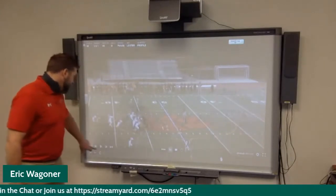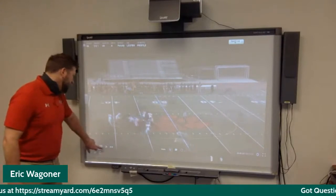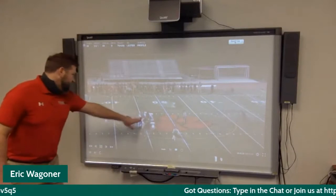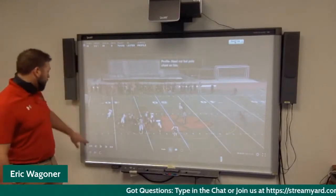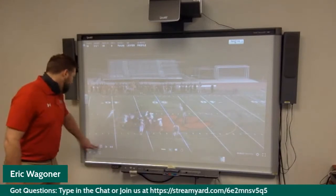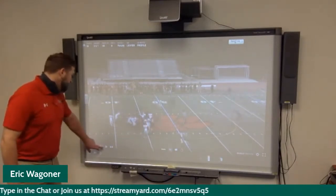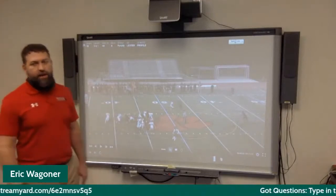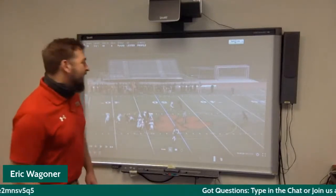Right here, it's a great job. Again, our linebacker. We'll see him right here. Works himself in position. 3rd and 1. Puts that shoulder on that near number. Makes a profile tackle. If he takes a roll tackle here, if he goes through the thigh and doesn't drive